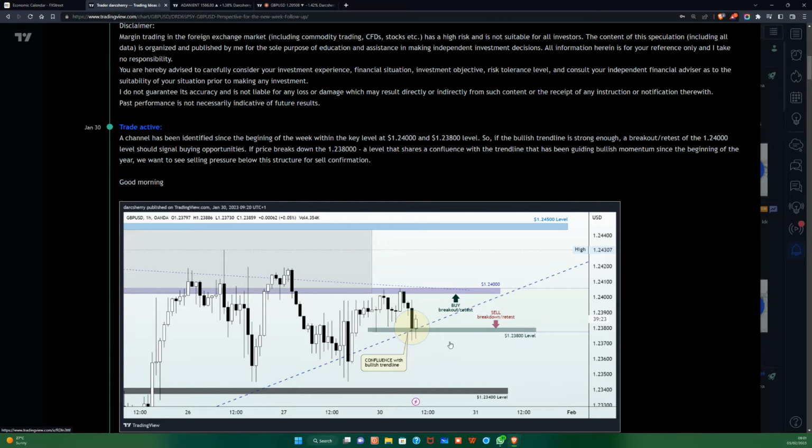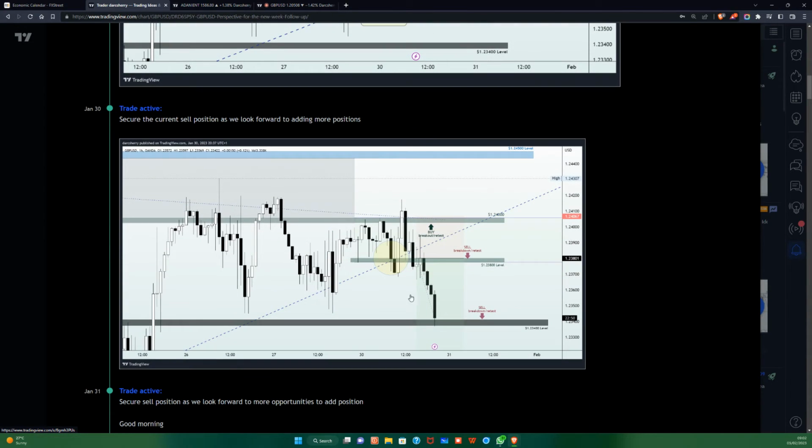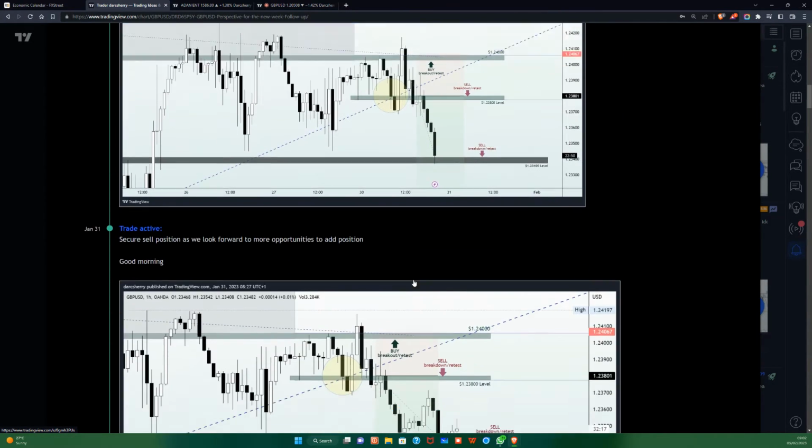1.23800, and we had a confluence around the 1.23800 and the bullish trend line here, where a breakdown of that structure would incite a bearish momentum, and a breakout of the 1.24 would incite a bullish momentum. However, considering the fact that price has been within a strong supply niche, we were leaning more towards a breakdown of the 1.23800 level. And in fact, we saw the breakdown of that structure here, and we rode the move